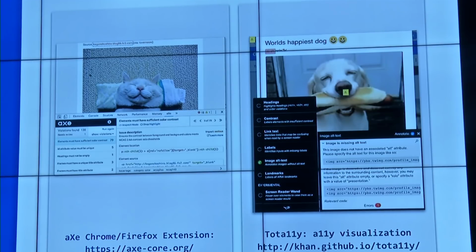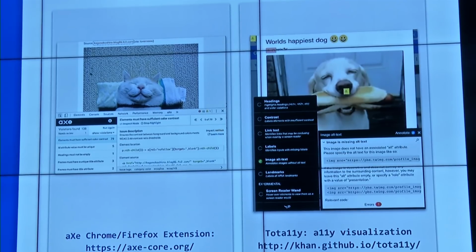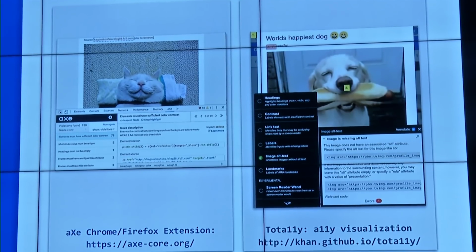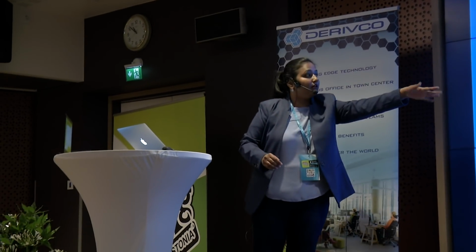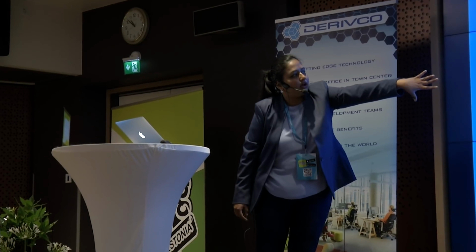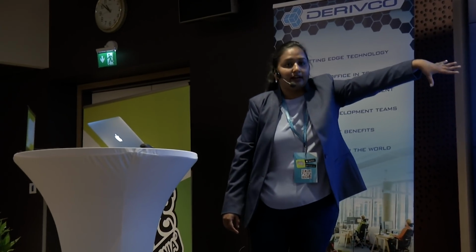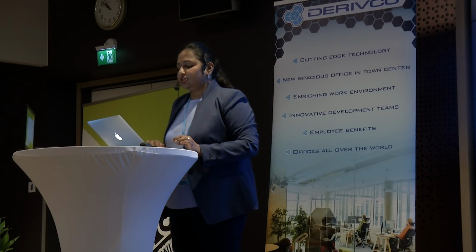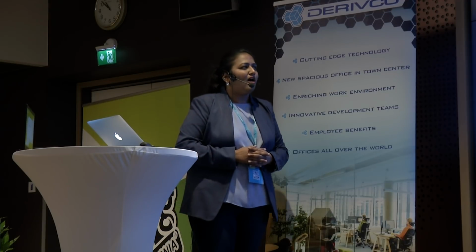Axe is more extensive. It can test in multiple guidelines. And for Totally, I really like it because it's very, very focused and narrow. It actually gives me nicer highlighting where things have gone wrong. You can see nice yellow warning symbols versus red, which is a violation. For automation, Axe also provides a lot of integrations.